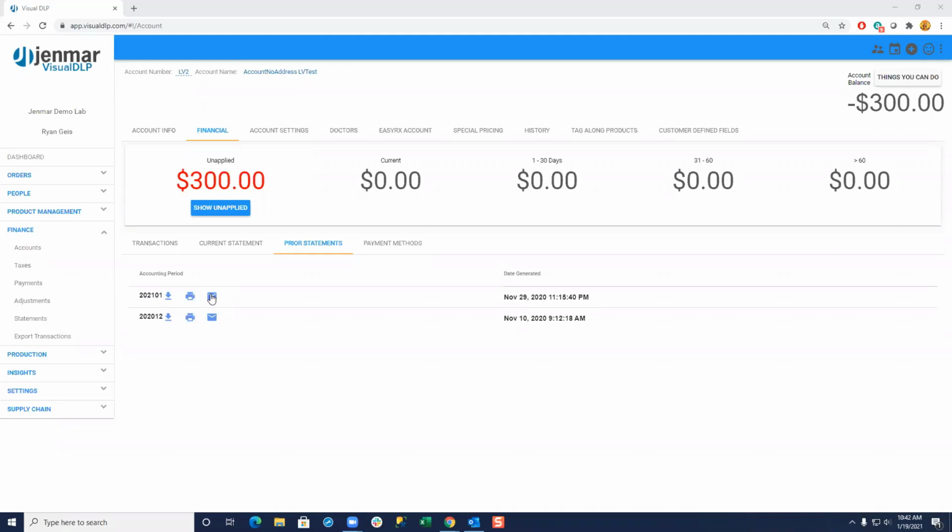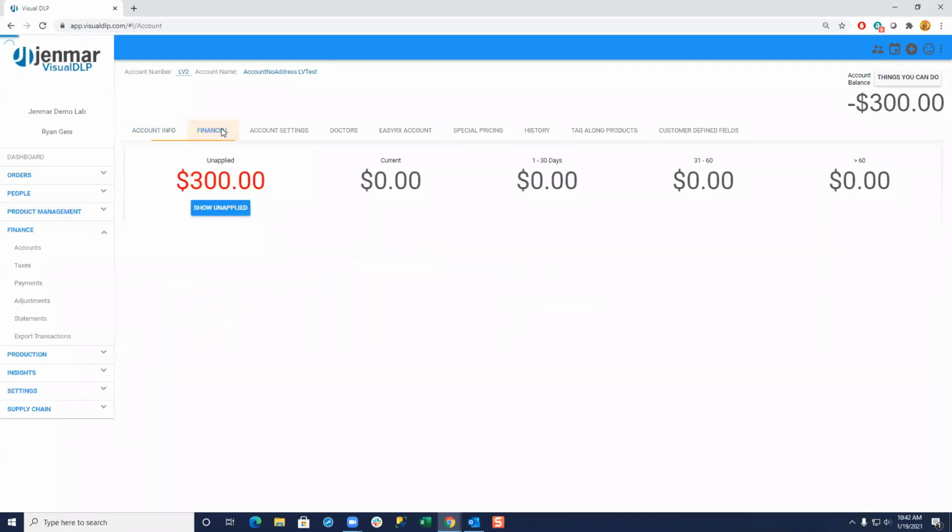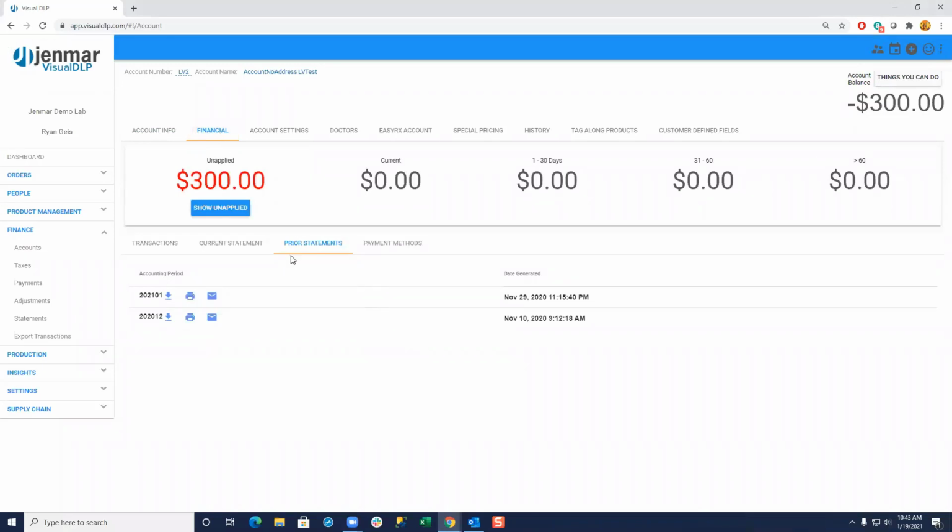So if for some reason the account did not get their statement when the email was sent to them, we can come in here and update the address to whatever it needs to be. And then right over here in financial, if you look at prior statements, if I hit this button right here, I'm not going to do it right now because it would send an email to whoever's got their email in there. Or if I hit this one, it would send the one from 2012